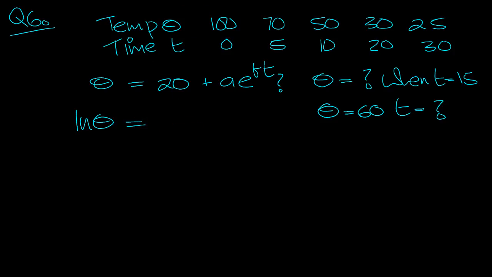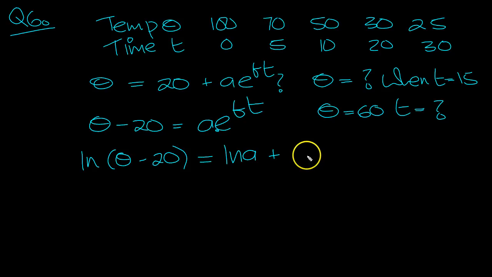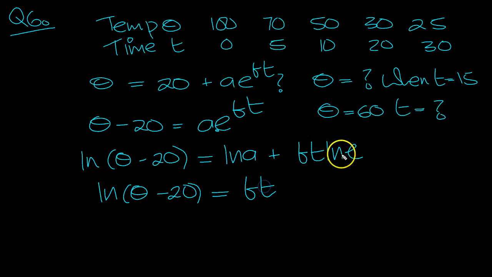Theta minus 20 would be best to do first, wouldn't it? Because then the logs will work. They won't work if we just did that. So theta minus 20 is equal to a e to the bt. So logs of both sides. Log of this will equal the log of this, and this will be log a plus log of e to the bt, which is bt log e, isn't it? Okay, and log e is 1, so it's ln(theta minus 20) is equal to bt times 1, which is bt,